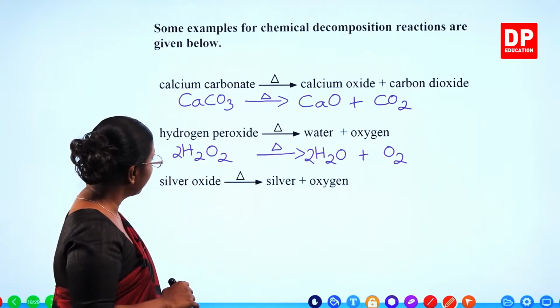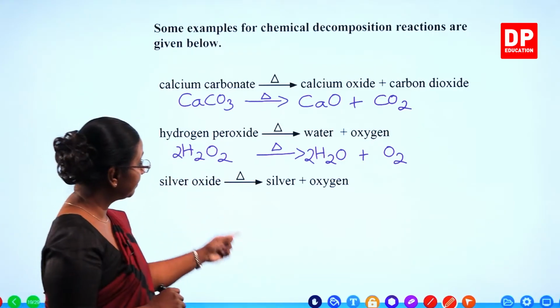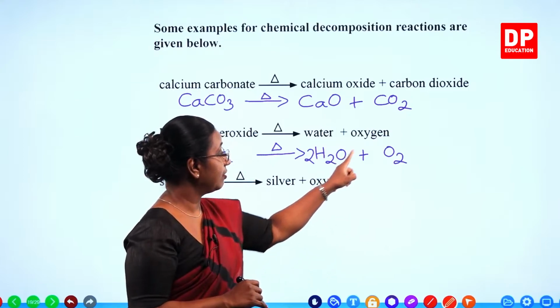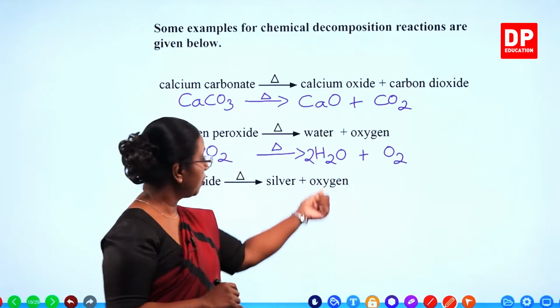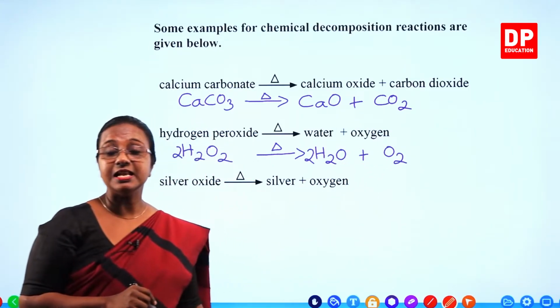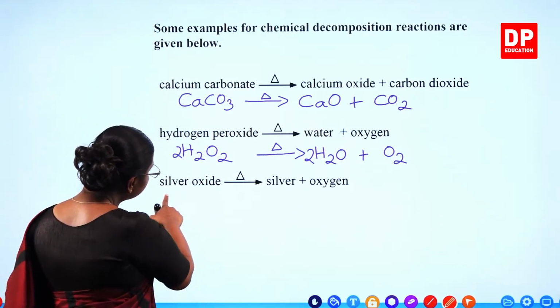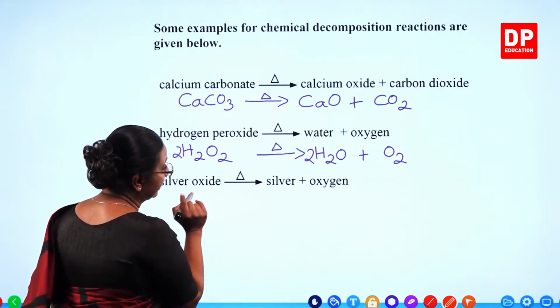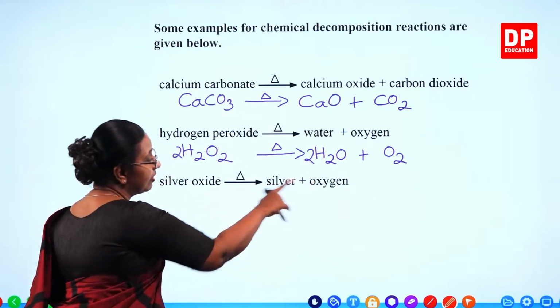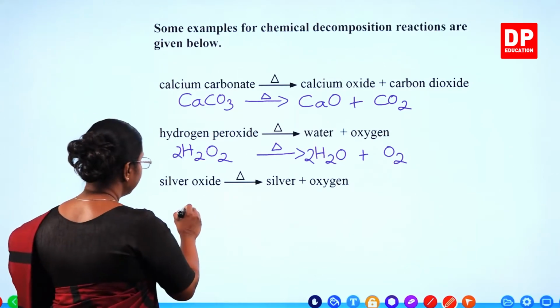So a compound as the reactant. What are the products? Again a compound and an element. Water is a compound, oxygen is an element. Then we have the last one. Silver oxide on heating gives rise to silver and oxygen. Silver oxide